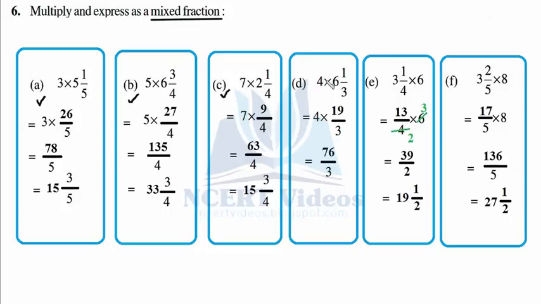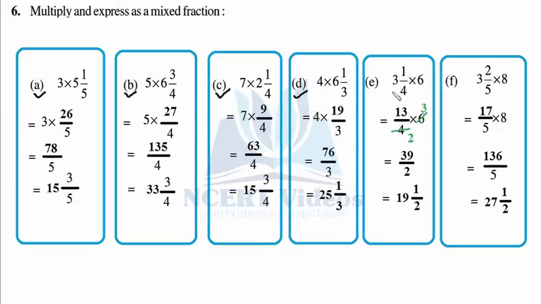Now D part, 4 we keep as it is. 6 threes are 18 plus 1, 19 over 3. Now multiplying it, 9 fours are 36, 3 carry, 4 ones are 4 plus 3 is 7, 76 over 3. And we have to also write it in terms of a mixed fraction. So this will be 25 threes are 75, 1 is the remainder, so 25 and 1 over 3 is your answer